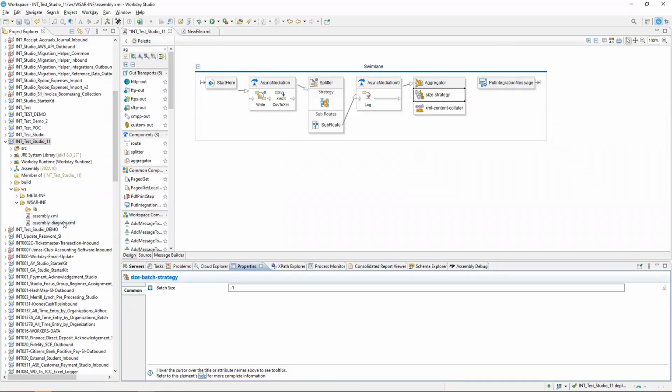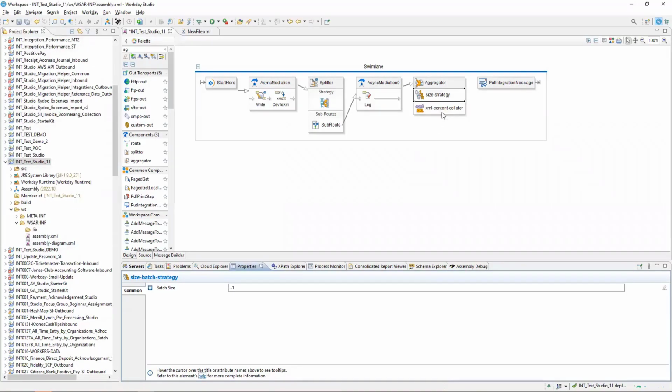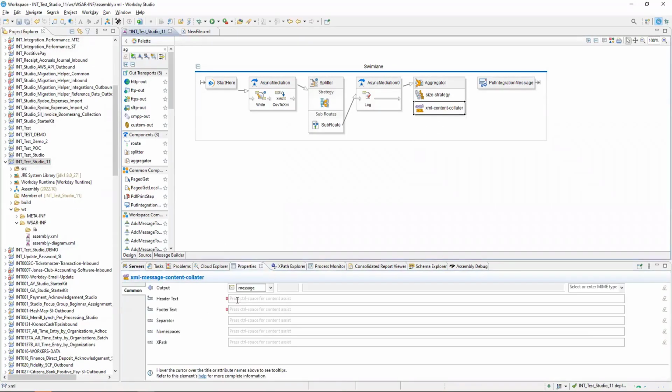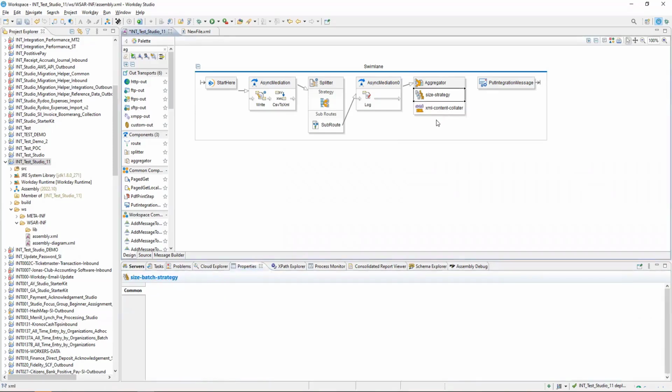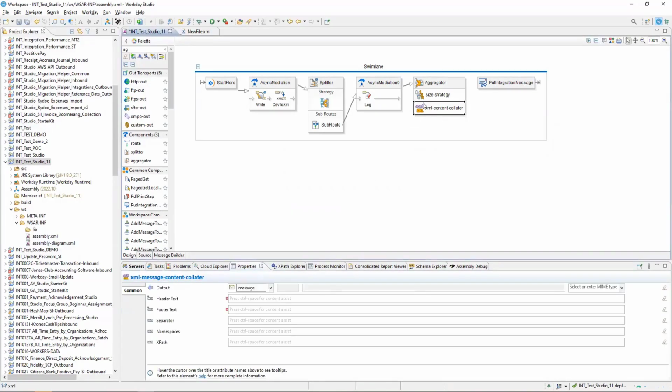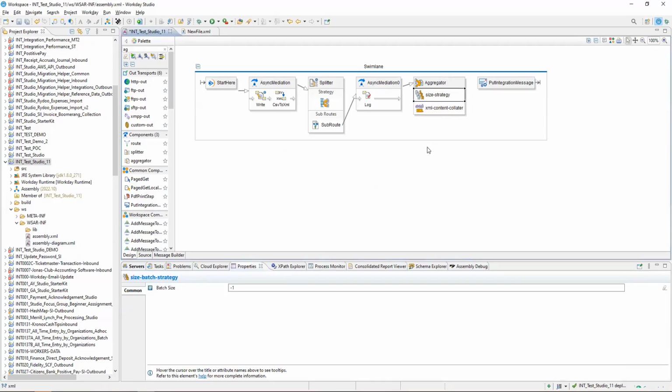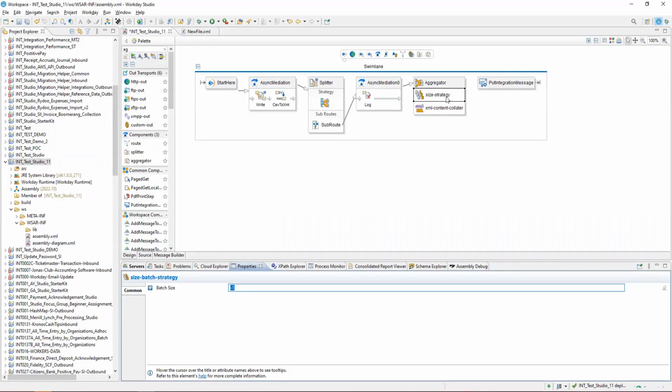And then the XML content collator. So this is important, right? Maximum size to -1. I didn't get that logic. So if you give, say, batch size is 100, what it will do is the first 100 messages, it will collate and send it.